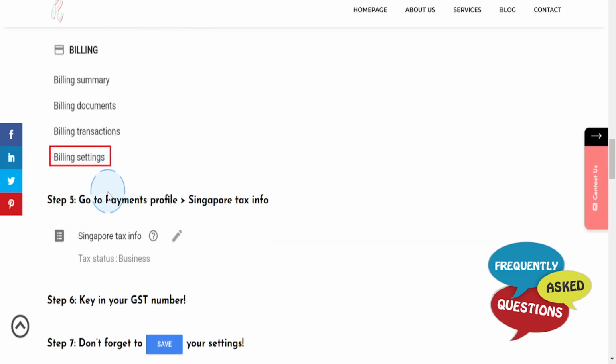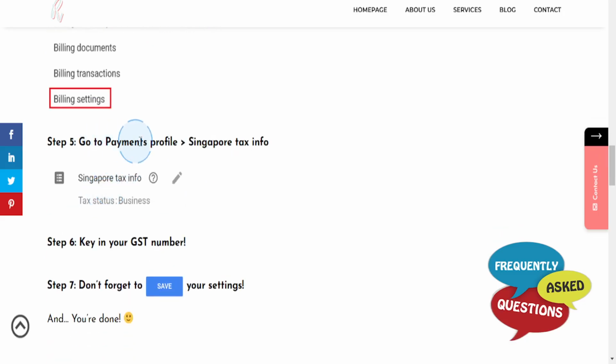Now right here, you should see your payment profiles option. Click on that and then you will see your tax info section depending on your country. So if you're in Singapore, you'll see Singapore tax info. What you're going to do is tap on the pencil icon to edit and then just key in your GST